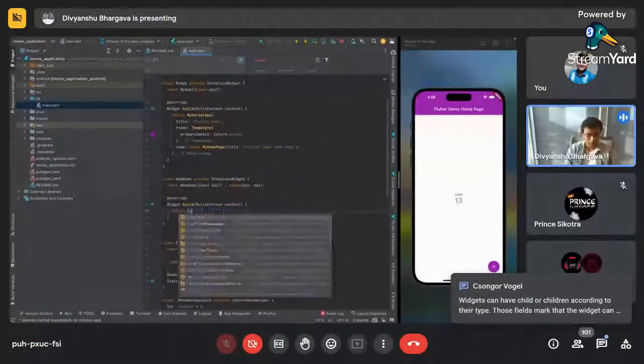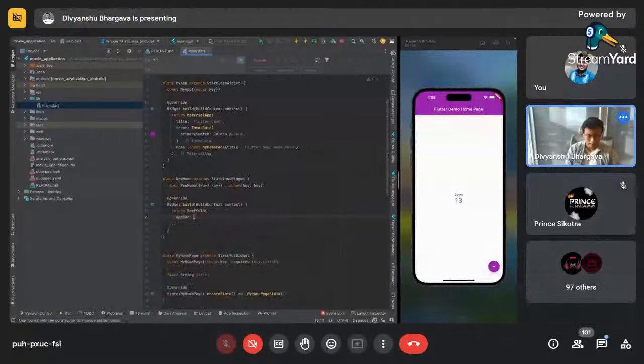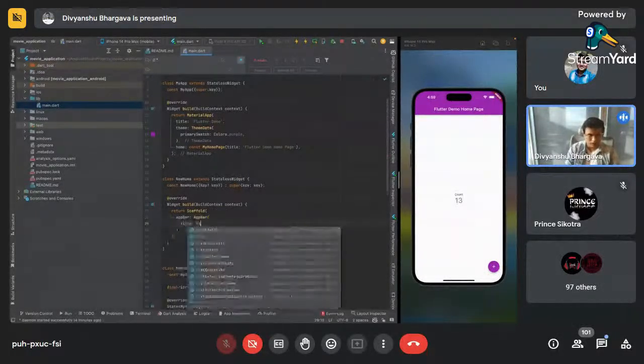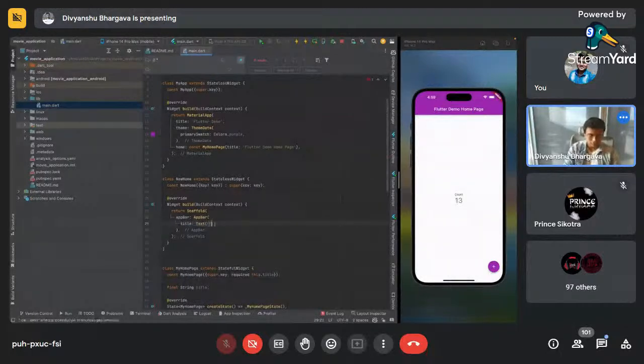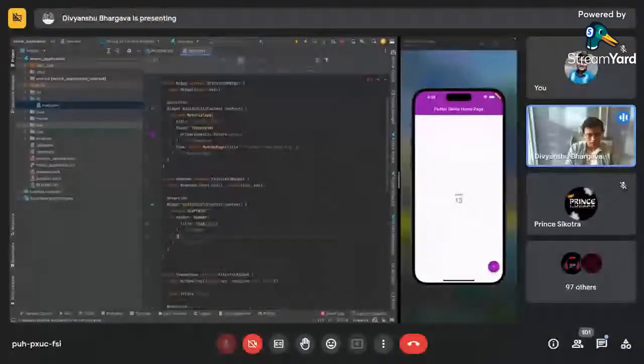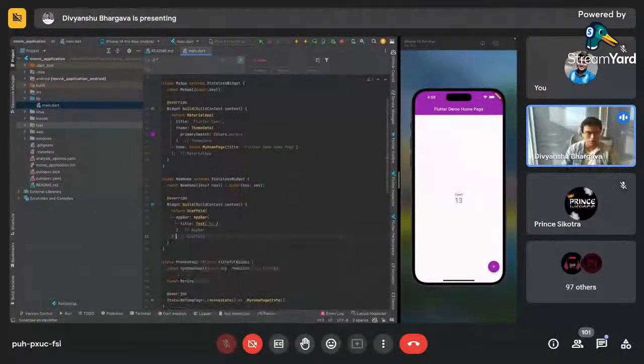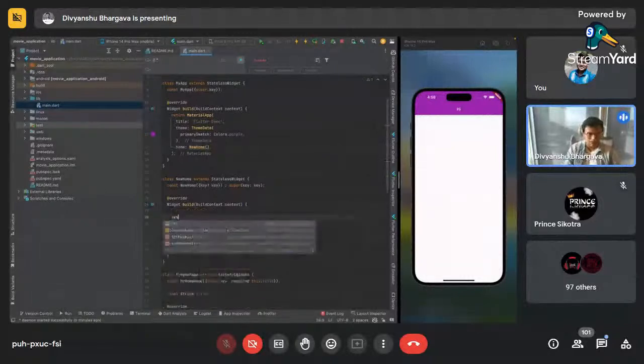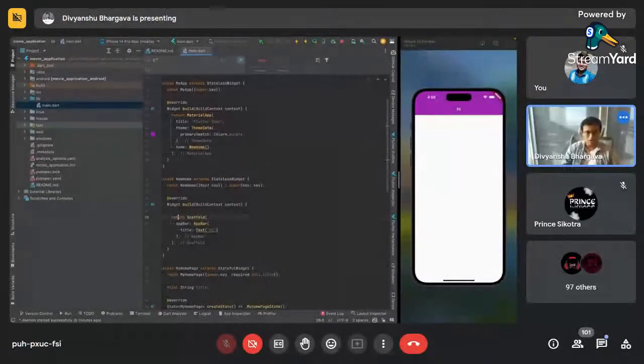and it returns scaffold, app bar, title, text, hi. And in the body, we can just leave the body empty. And I'll just replace my home page with the new home screen, and that's it. But the thing is, I cannot call my set state in this class, you will see, because